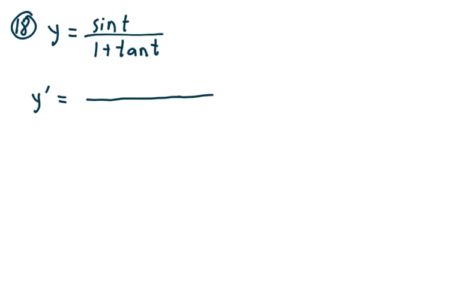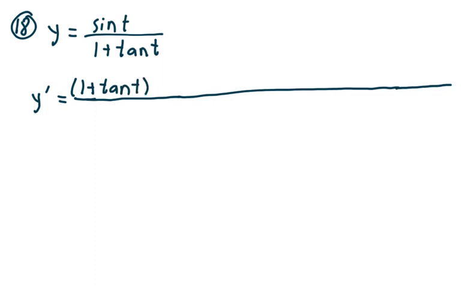So on 18, we have y equals sine t divided by 1 plus tangent t. And we're going to differentiate with respect to t. And once again, we're going to apply the quotient rule. So I'm going to write the bottom function, which is 1 plus tangent t, and I'm going to multiply by the derivative of the top function with respect to t. So in other words, I'm going to multiply by the derivative of sine t with respect